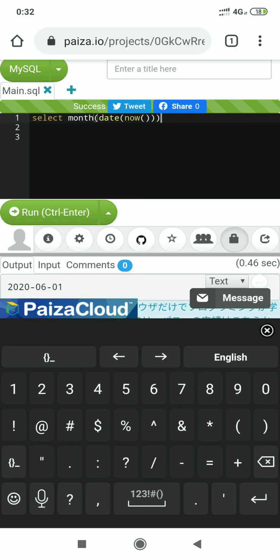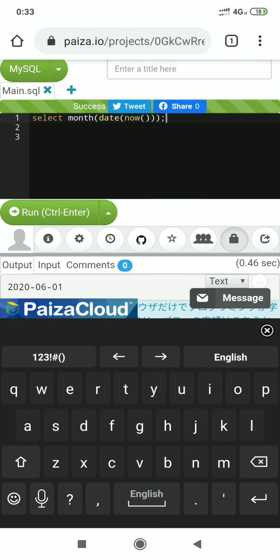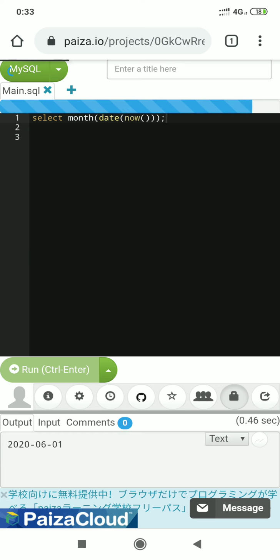NOW returns the date and time format, the DATE function returns only the date part, and then the MONTH function returns the month part of the date. So 6 is being returned.